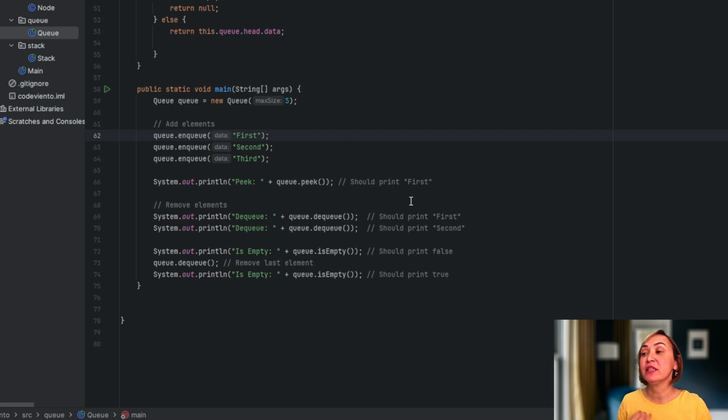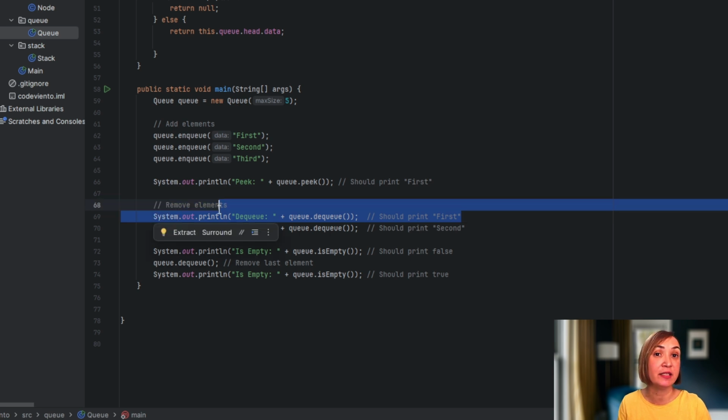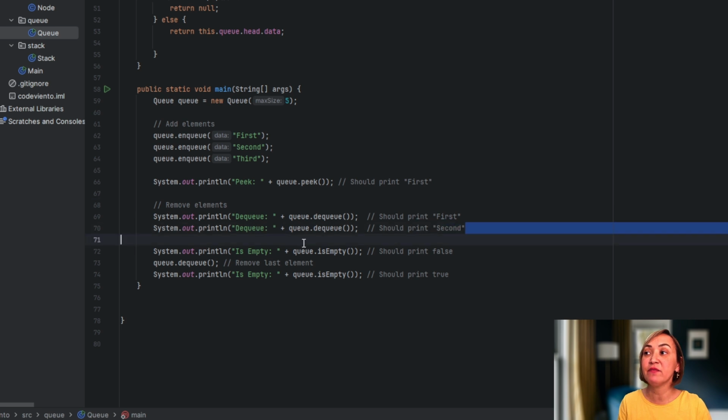When we dequeue the first element, when we remove it from the queue, it will be first again, because the rule is first in, first out. Then we dequeue the second element, and it will be second. And when we check if the queue is empty, no, it's not, because we still have the last element, the third. Then when we remove the last element and check if it's empty, yes, it will be empty.